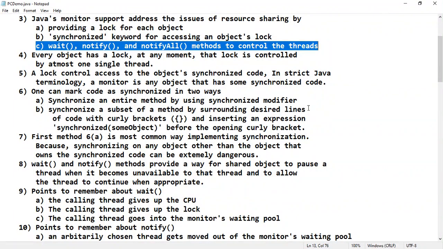Java provides better inter-thread communication with the help of three functions: wait, notify, and notifyAll. These methods are implemented as final methods in the Object class. They are not defined in the Thread class or any other thread-related classes, but under the Object class. Object class is the superclass of all classes in Java. So any class that you define as a monitor class automatically inherits wait, notify, and notifyAll.